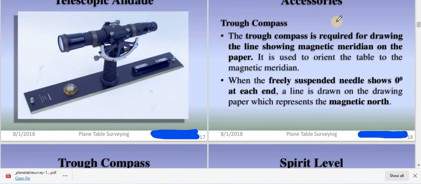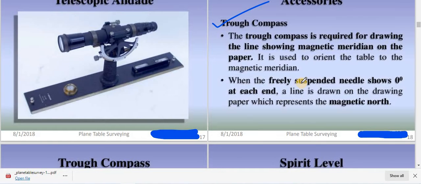And the next one is your trough compass. As I've told you, the trough compass is generally provided to show your north direction, basically to give orientation to your drawing. A trough compass is required for drawing a line showing the magnetic meridian. Magnetic meridian means what? Whenever you release the pin on the needle, what happens?